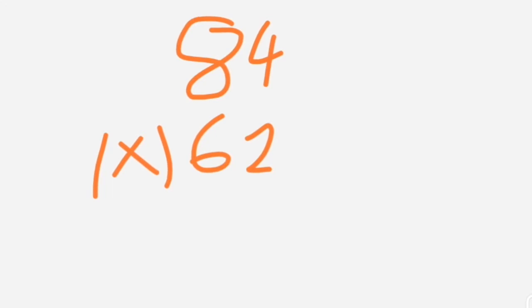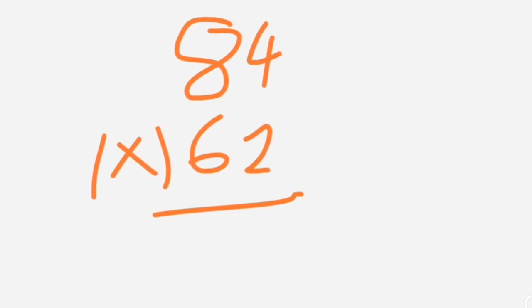Hi friends, in this session we are going to learn how to multiply any 2 and 3 digit numbers easily in a single step. Let's take some examples to get a clear idea about this topic. Let's take an example like 84 and 62. We have taken two digit numbers and we are multiplying them with each other. Completely our traditional method, friends. Just apply this method and it is very easy to get the desired result.